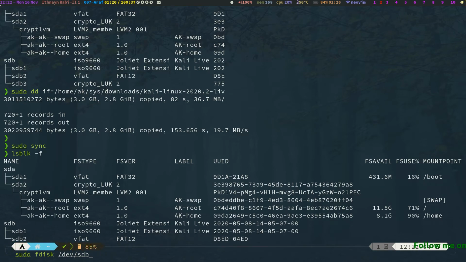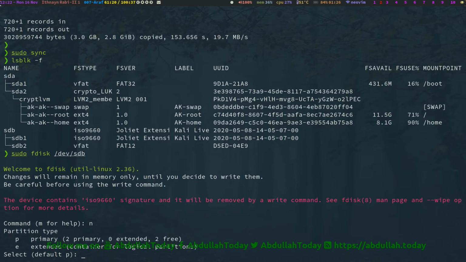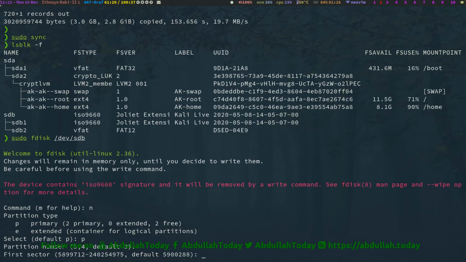So sdb. Just type n for new. We want a primary partition. Press p, and yes, we want partition 3. The default is 3, so press 3 or hit enter. We give it the defaults.